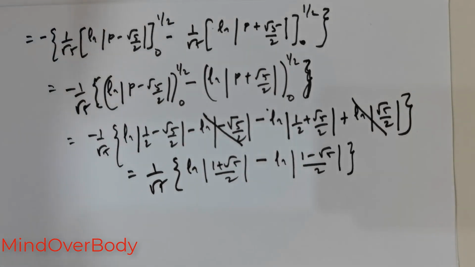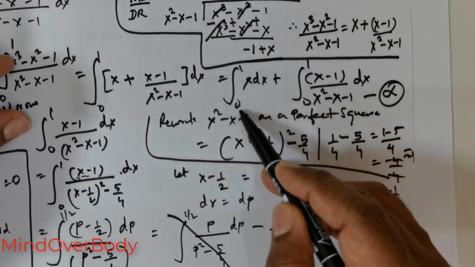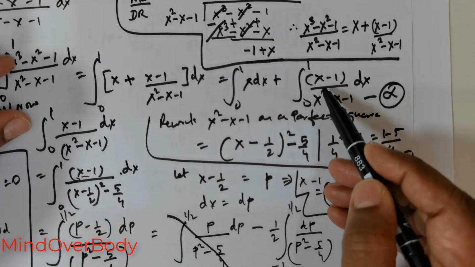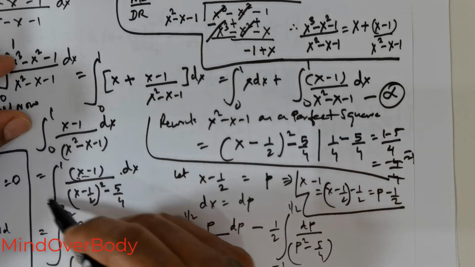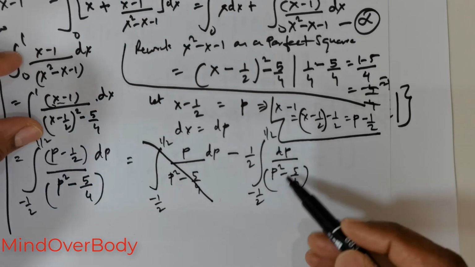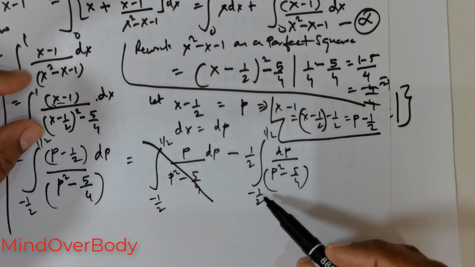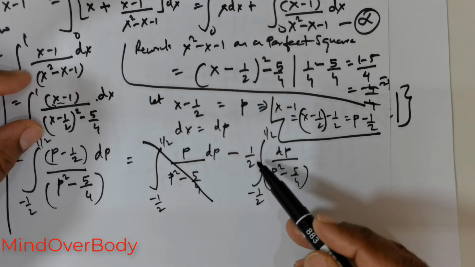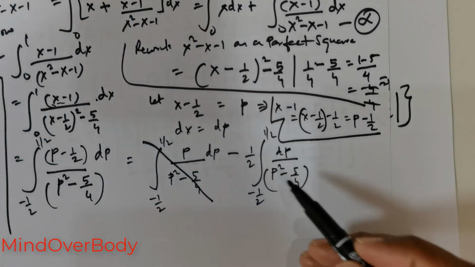Now if you remember, we started right from here. We considered the integral from 0 to 1 of (x - 1) divided by (x² - x - 1) dx, and then we went on. And this is the integration that I have shown you, right? Apparently because of the evenness, this would become 2 times the integral from 0 to 1/2. So the 2 will get cancelled with the 1/2, leaving us with this quantity,